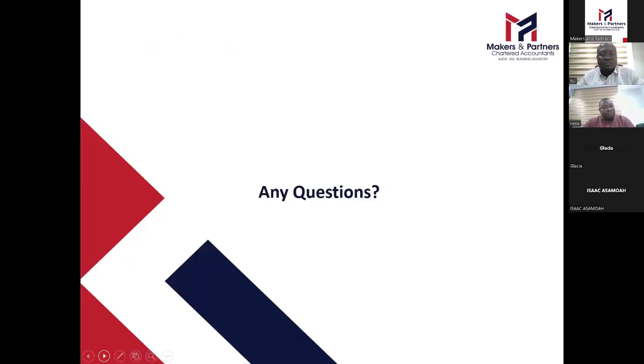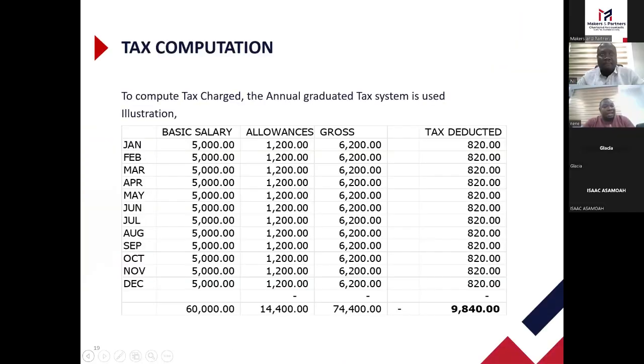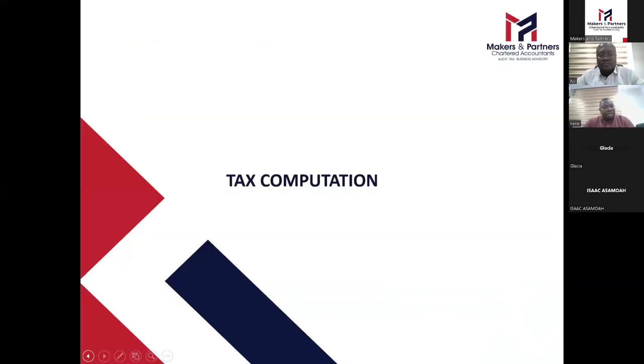So it became part of the rule that all sole proprietors should be able to put books together, and the books must be audited by an auditor. That is why my colleague is saying that you need to audit your account as a sole proprietor. So once you do that, GRA gets confident in the account that has been prepared and ensures that it is free from material misstatement. Thank you. Thank you, sir.